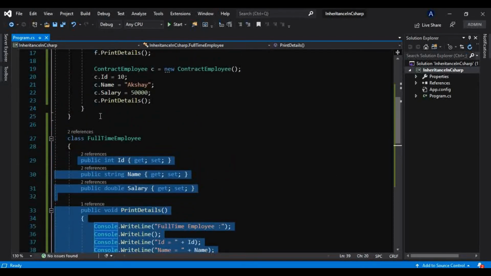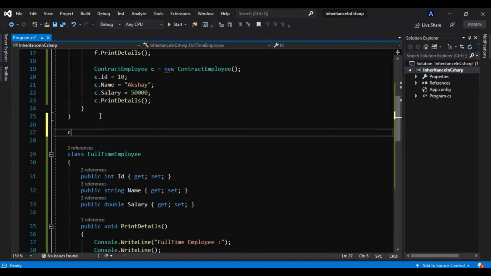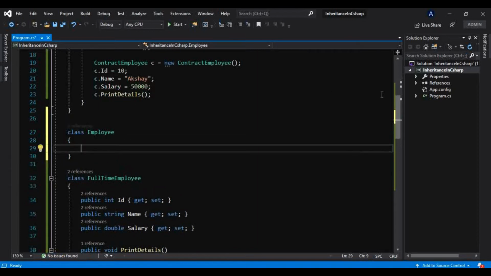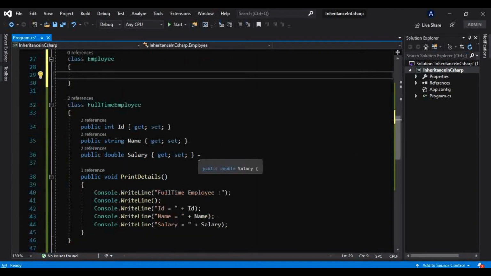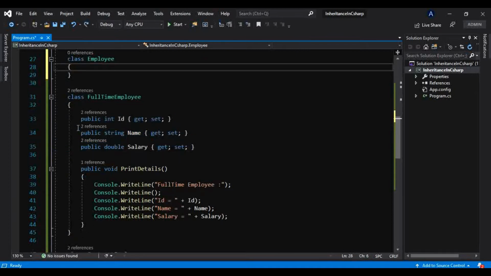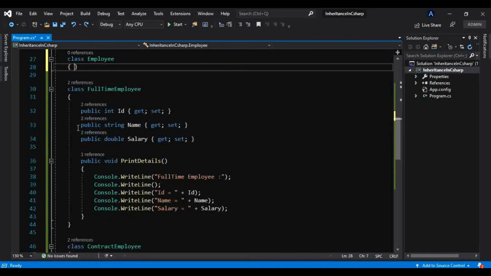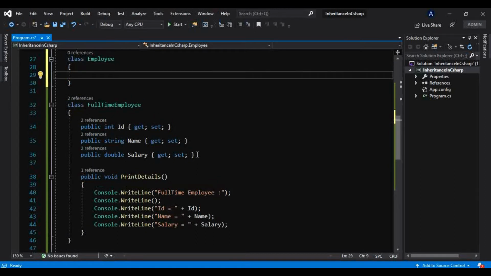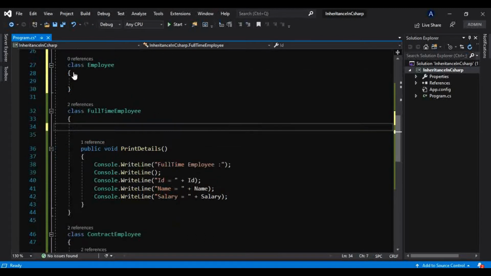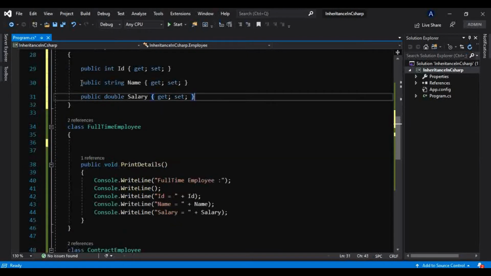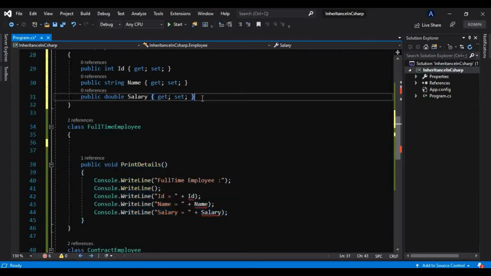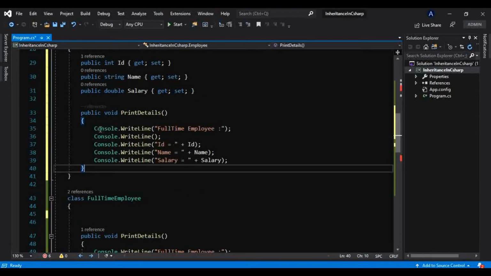Now let's just create one base class. Let's just create class Employee. Okay, and instead of putting these properties here, we'll just move them here, as well as we will have one method here, that is print details.